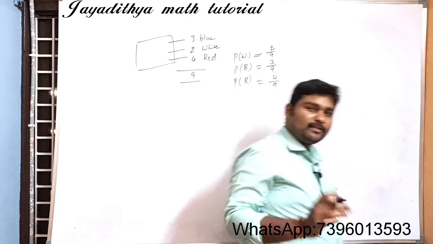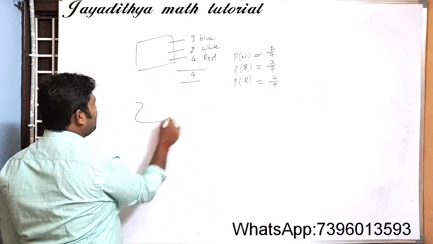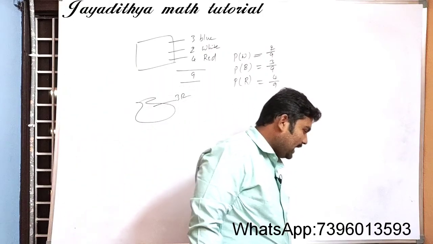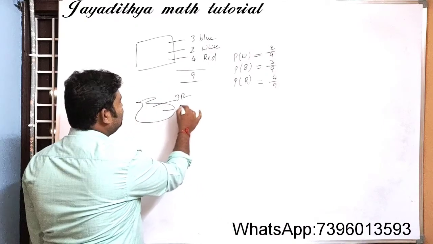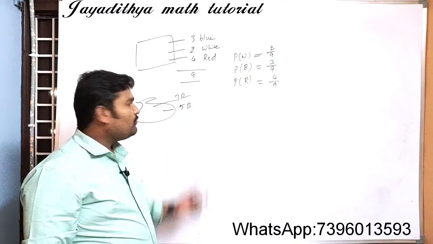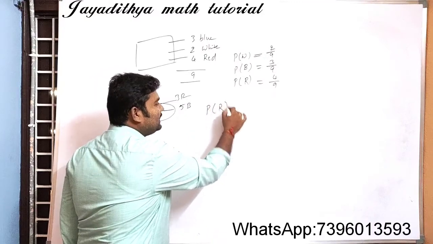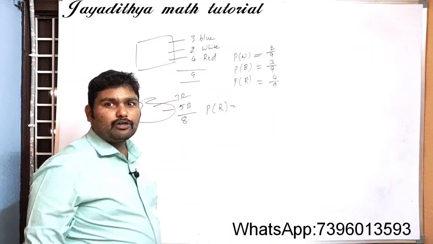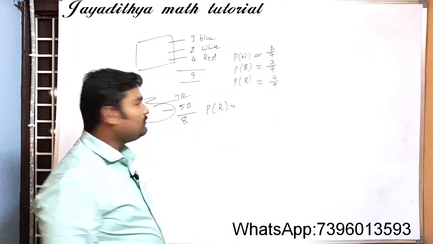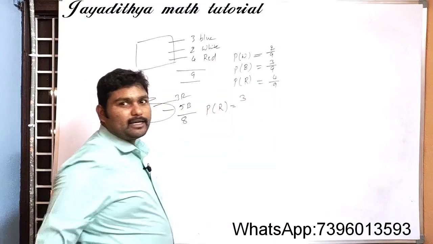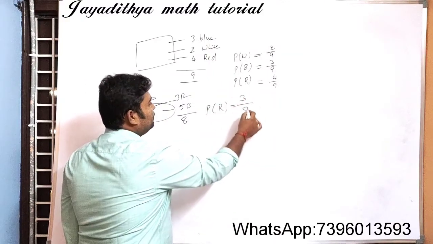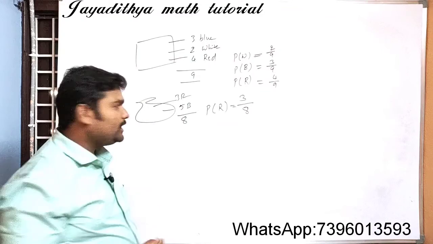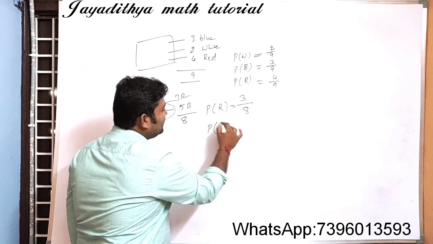A bag contains 3 red balls and 5 black balls. What is the probability that we get red is one question. So what is the probability, Nana? Total how many outcomes are there here? Total possible outcomes are 8. In that, red means we have 3 possible red favorable and total of 8. So what is the answer? 3 by 8. The next question is, what is the probability of not getting red?